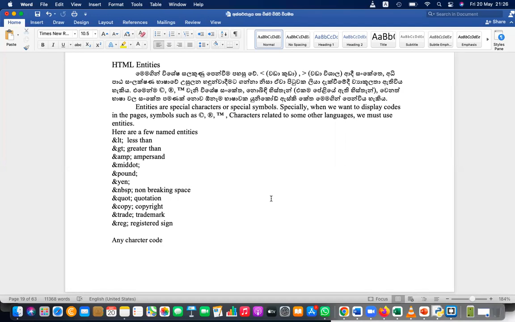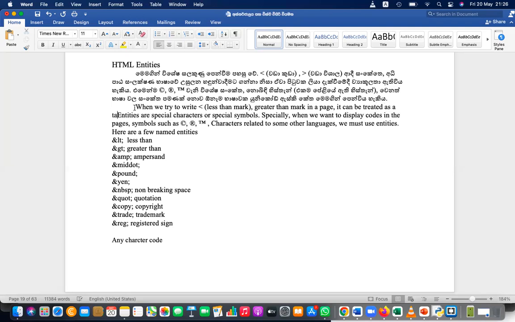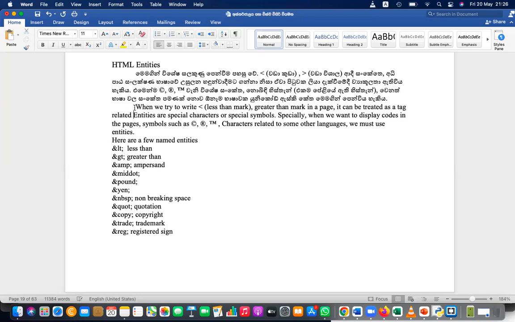So why? Because when we try to display, okay, so please write down under that. When we try to write a less than mark, greater than mark, in a page, it can be treated as tag related symbols